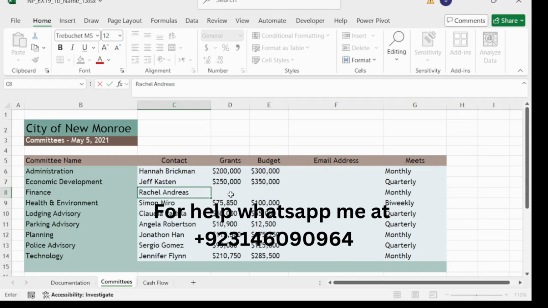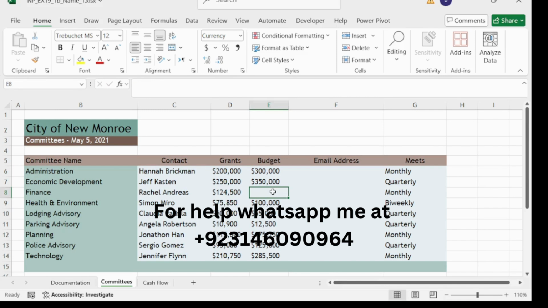In D8 type 124,500 and in E8 type 100,000, like this.